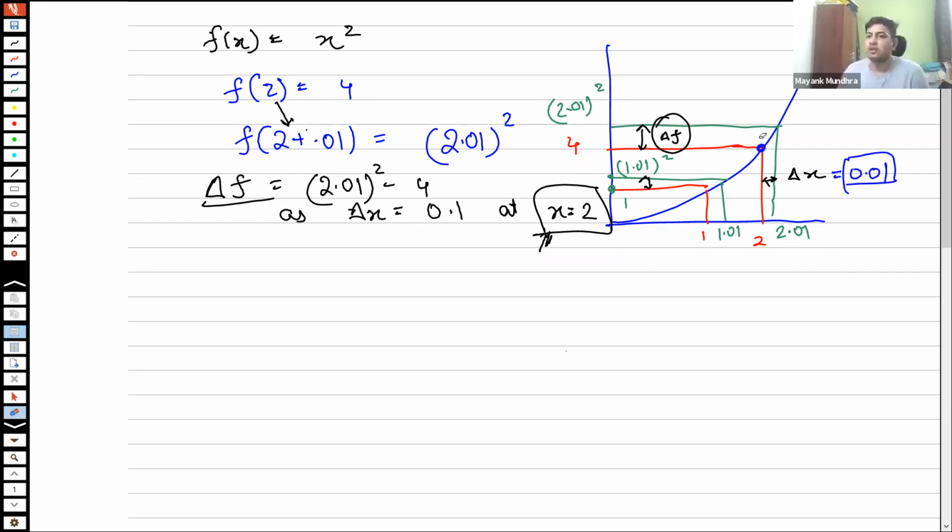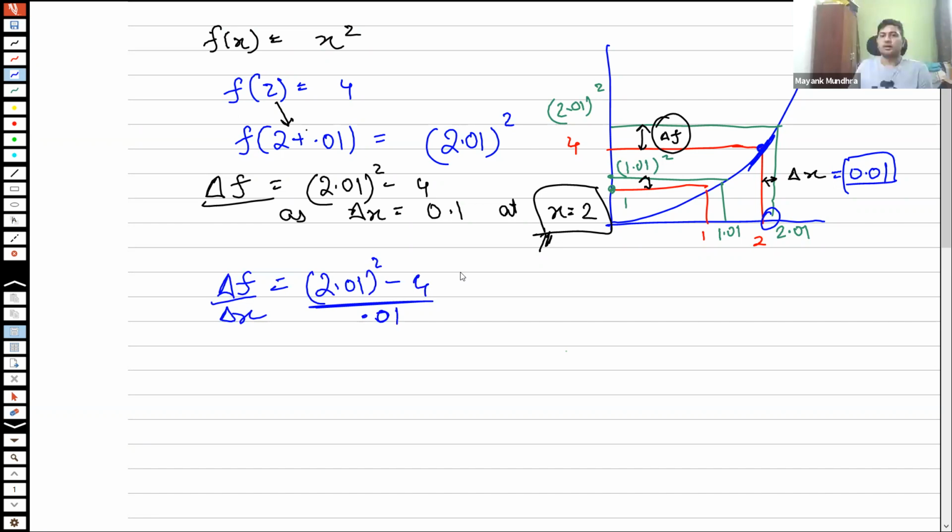I want to find what this change is exactly at that point. Right now I found the change for this interval between 2 and 2.01. I don't want to find it at an interval. I want to find it at this point. When I write it as delta f by delta x, which is basically 2.01 square minus 4 upon 0.01,